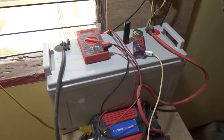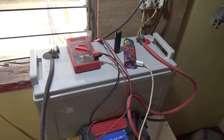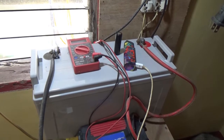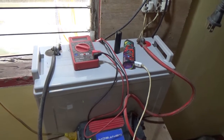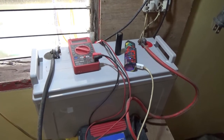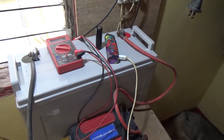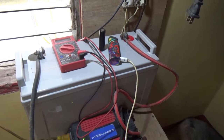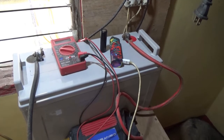Anyway, this is a Baoyang battery. So it's a Chinese battery, and that's all I can find out about it. It's a Baoyang battery, and there's no information that I can get anywhere online or that I've been able to get. I haven't seen any place that discusses this kind of battery anywhere. The only place I could maybe get some information is from the people that sold it to us,